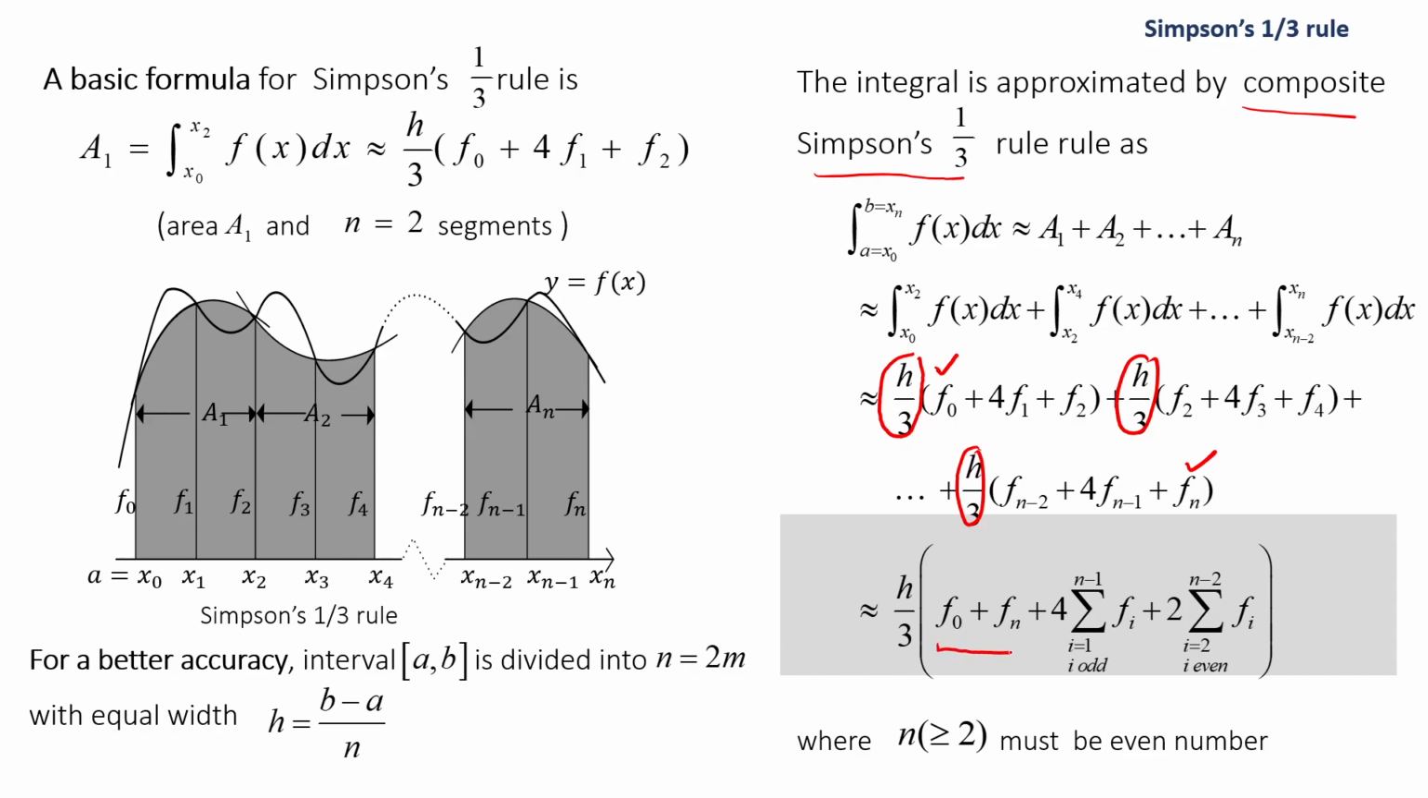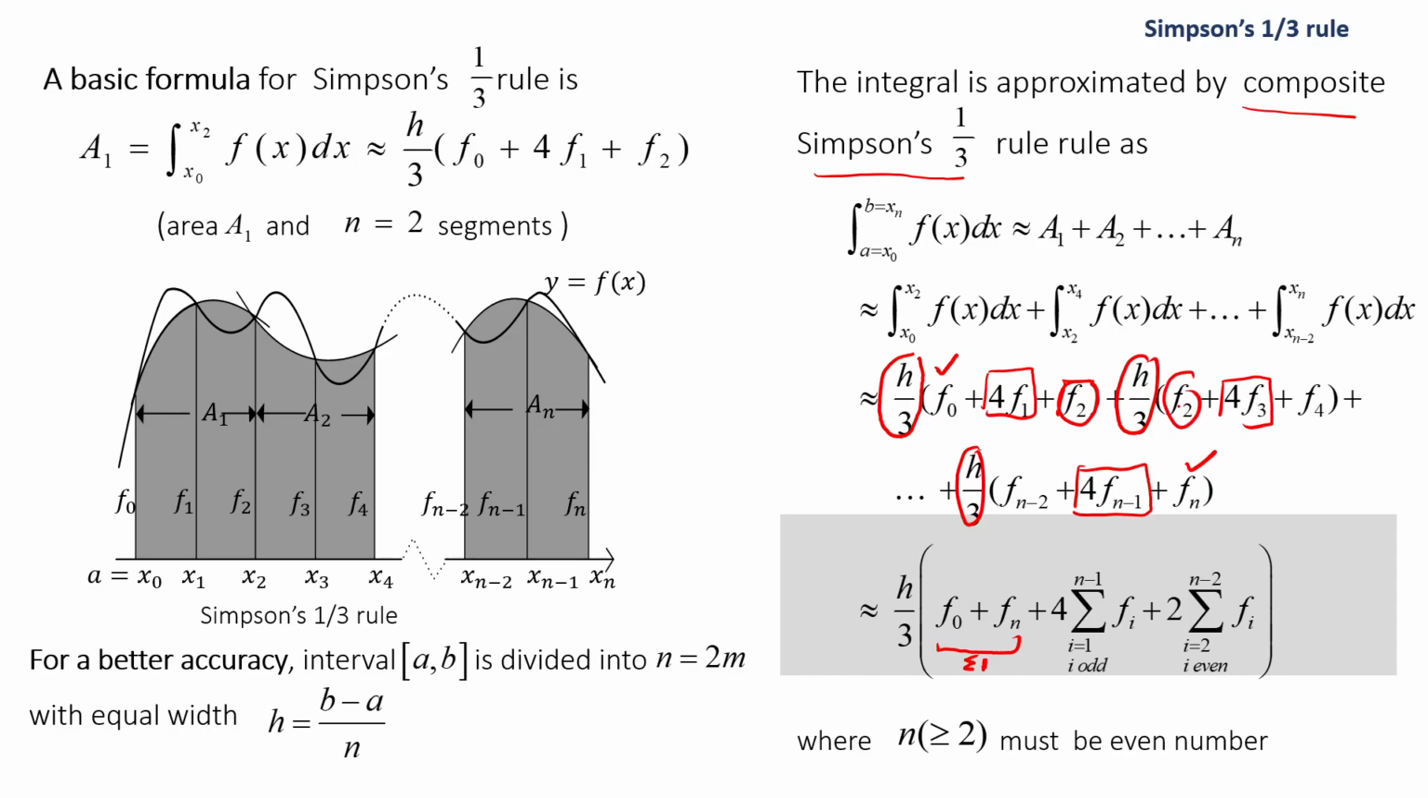Later on we put f0 plus fn in the first column, and you notice 4 times f1, 4 times f3. If you do A3, later on you have 4 times f5 and so on. Here the last segment, 4 fn minus 1. So you notice 4 times fi, where i is actually odd. The odd f is multiplied by 4 times. And then f2 here,